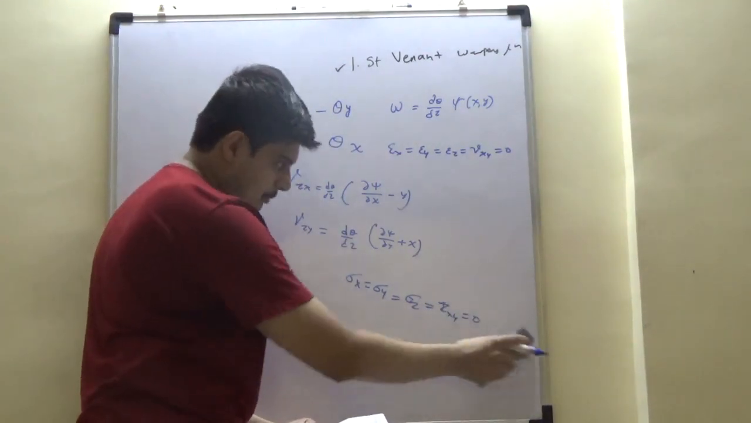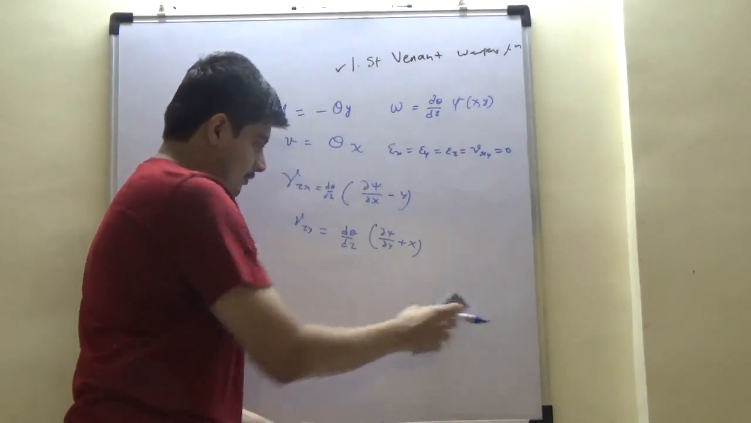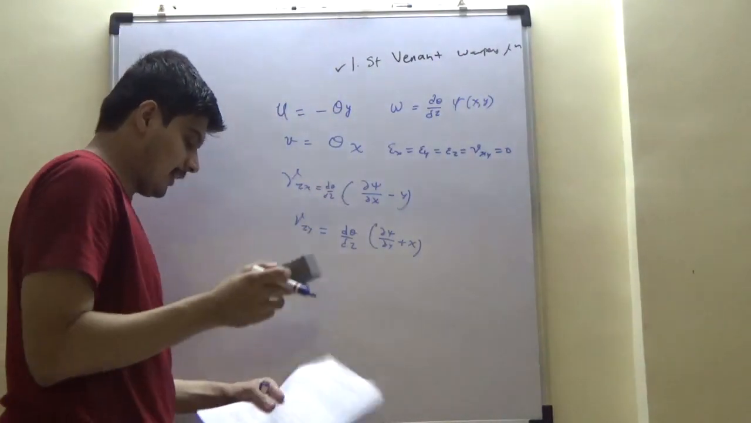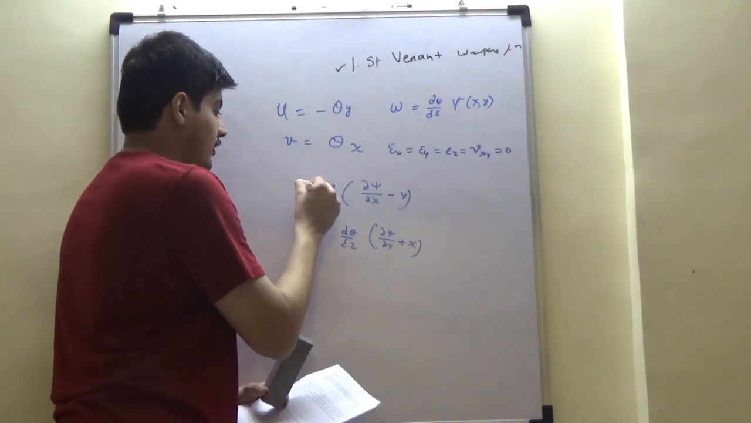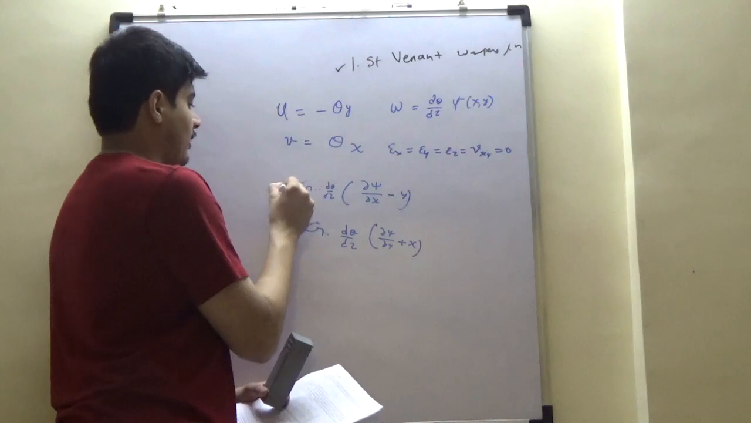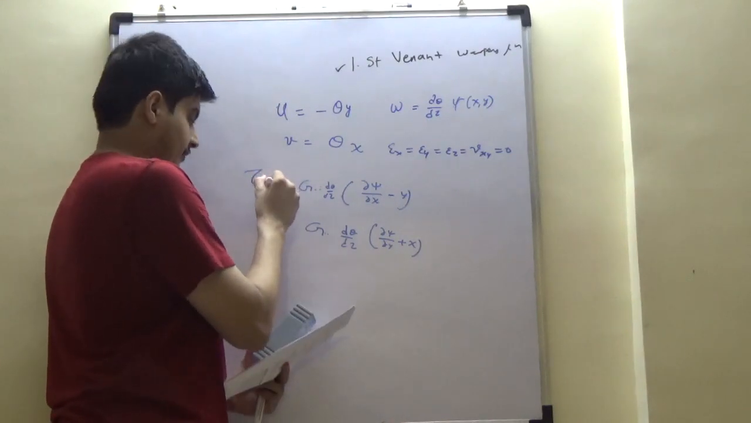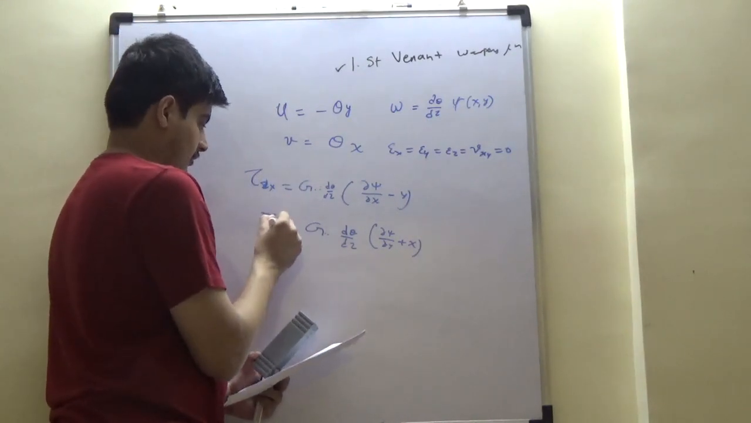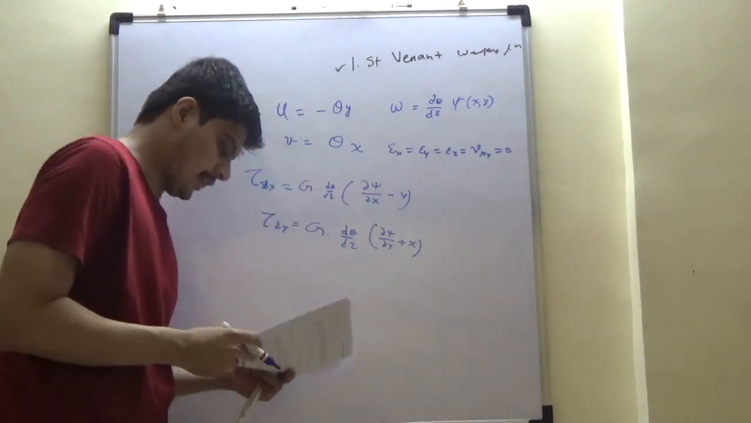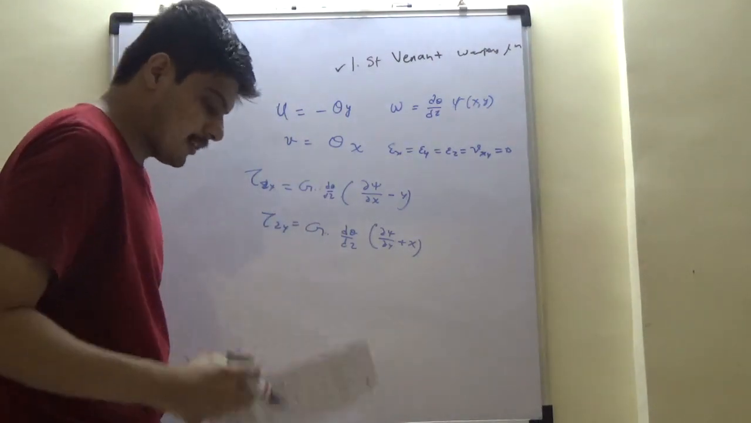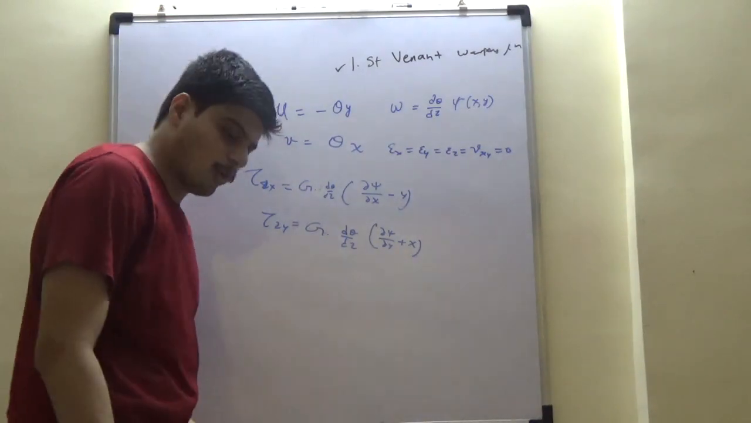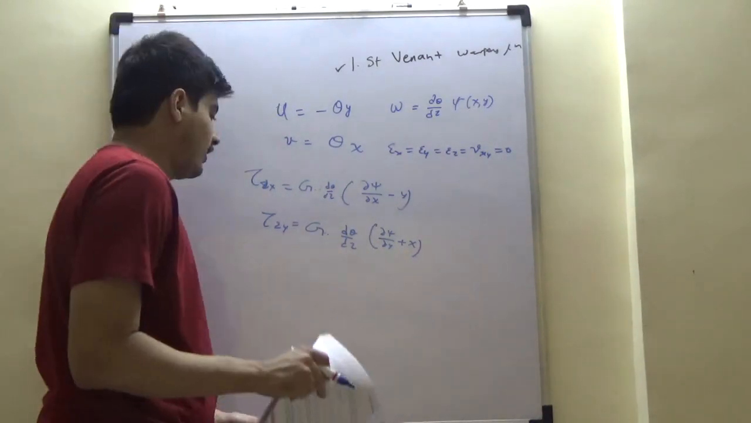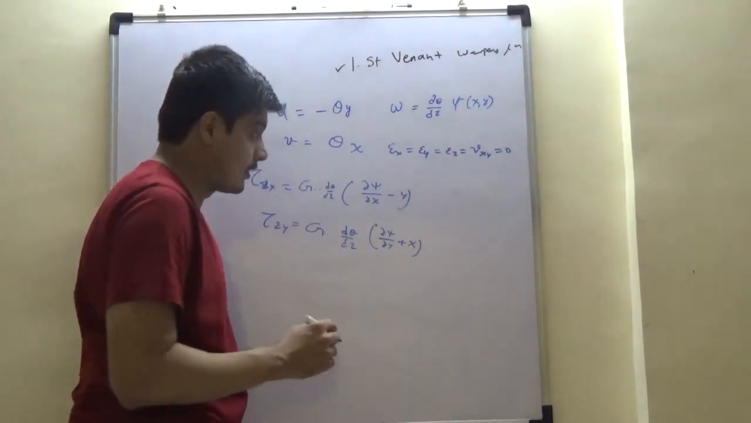All these arguments are very clear to us, and these strains are related to stress simply using, I multiply it with G on both the sides, and what I am left with is this, correct? Now, this is a beautiful analogy. At this point, I would like to draw your attention to this important result of equation of equilibrium, which we